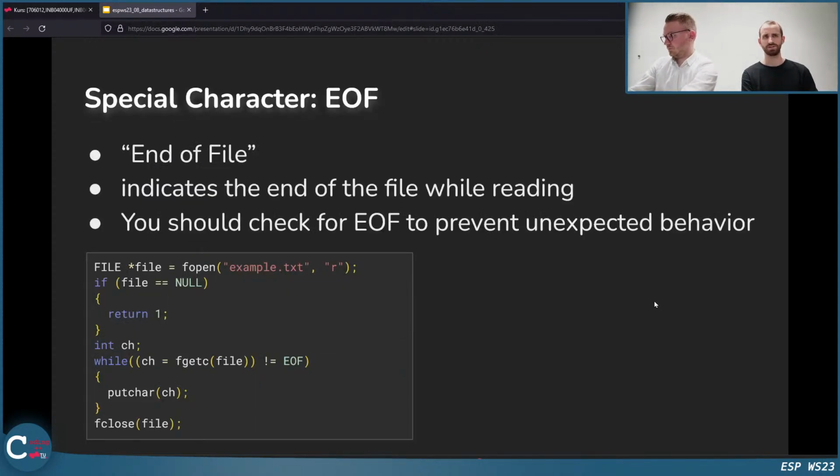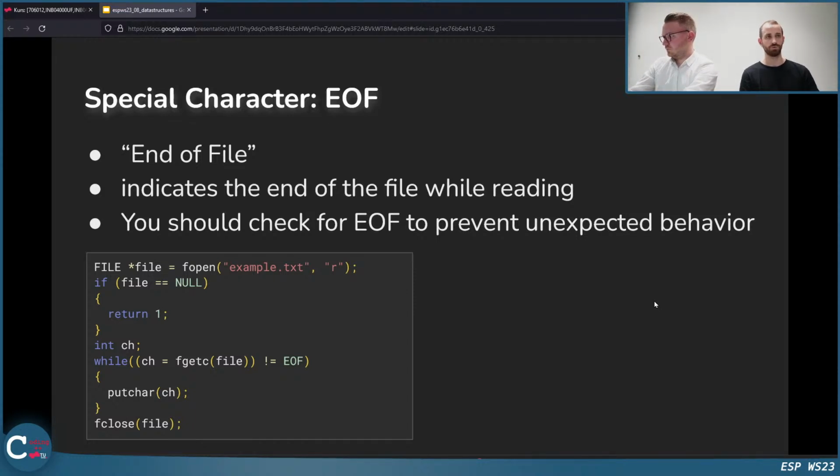And what is this EOF? EOF stands for end of file, which indicates it's the end of the file you want to read, so you could not read any further. You are done with the file, and you can check for it.